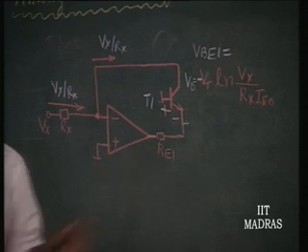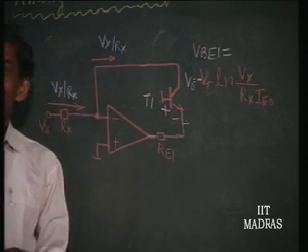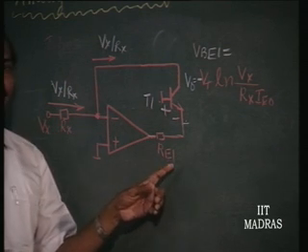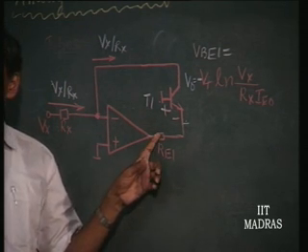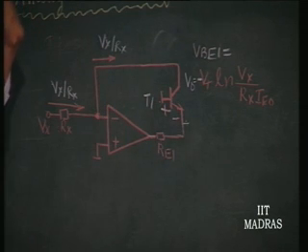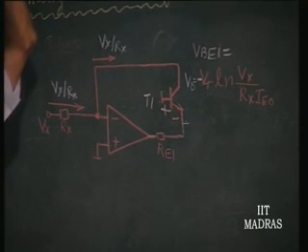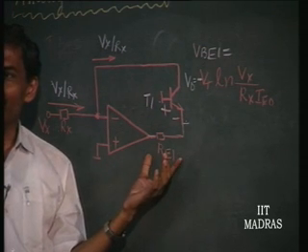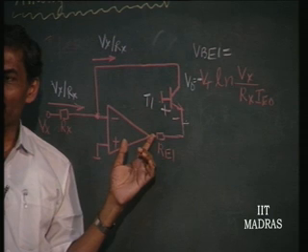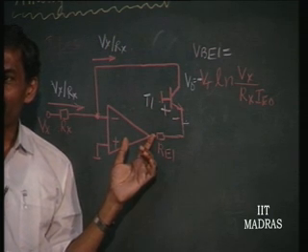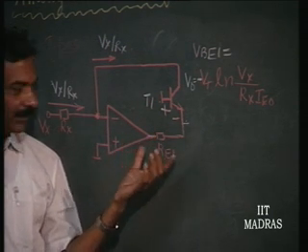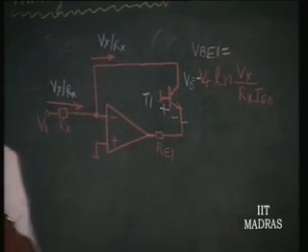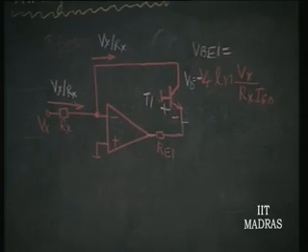If I keep increasing this, the voltage at this point will keep increasing to a value which is Vx by Rx into Re. That might go towards supply voltage. And therefore, I should be very careful in limiting this to a value such that the output of the op amp does not go to its saturation value. So, these are the conditions for selecting the value of R. This is the case with even design of a log amplifier.